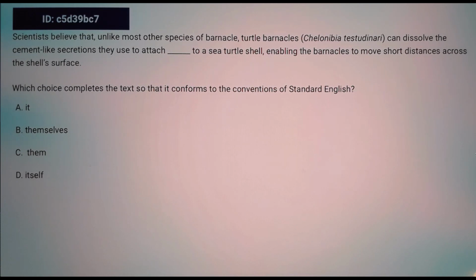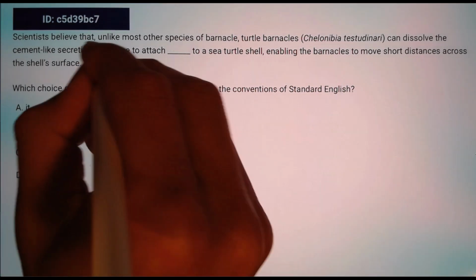Scientists believe that unlike most other species of barnacle, turtle barnacles can dissolve the cement-like secretions they use to attach blank to a sea turtle shell, enabling the barnacle to move short distances across a shell surface. So which one fits in our blank? To find out what goes into the blank, we need to know how the subject here